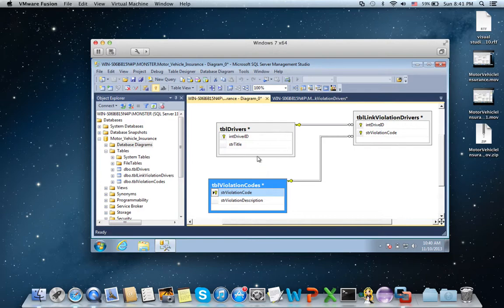In other words, if I have a row with int driver ID 1, only one row, and here STR violation code 1 in a new row for this table, if you go here, make sure that you put 1 and 1, because only these two values exist in these tables.